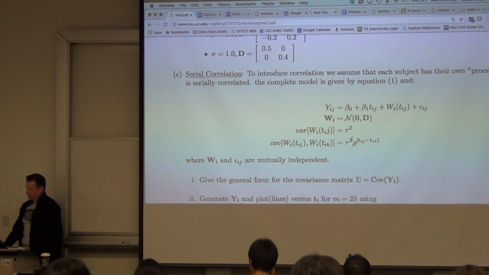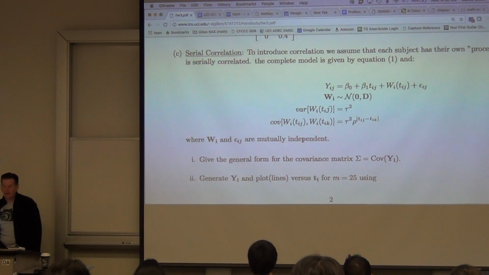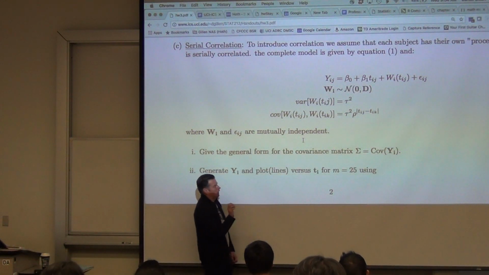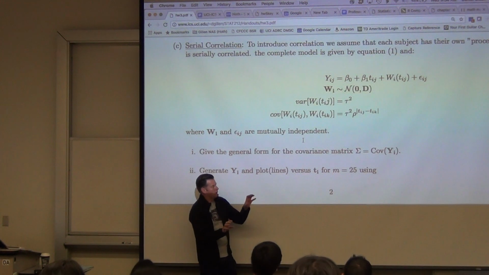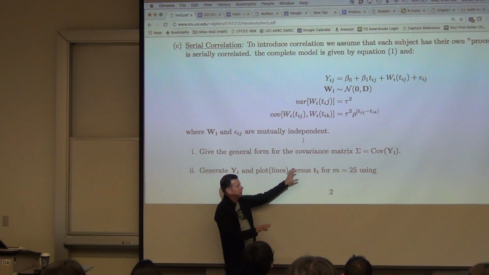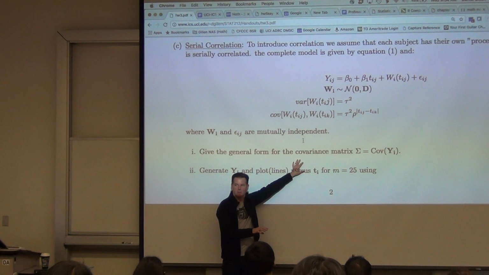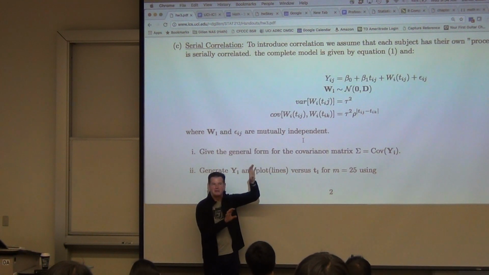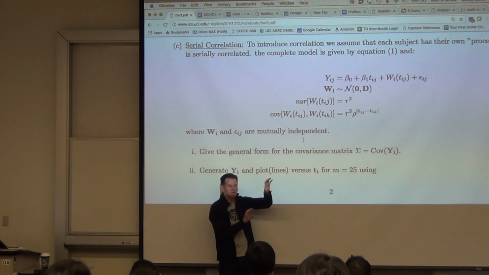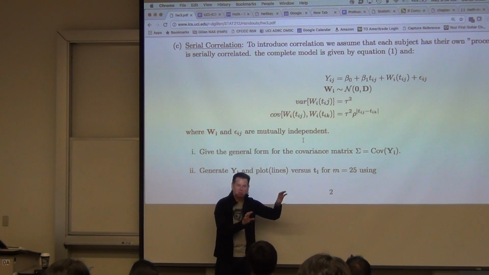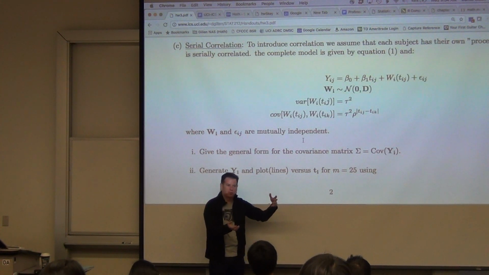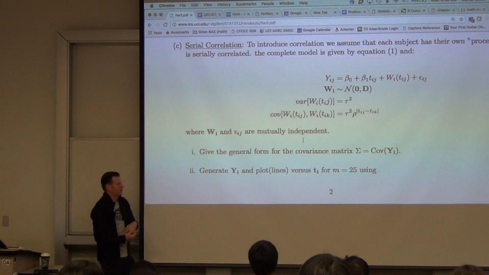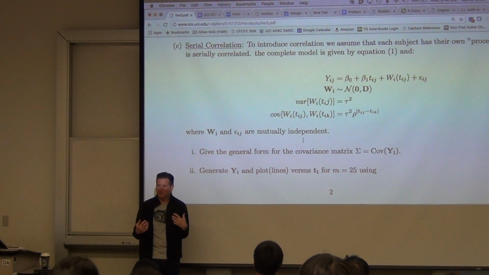So I'm then going to have you guys generate data from that continuous AR process, and again, plot that out and visualize it. And the thing that I want you guys to really pay some attention to is, can you distinguish this particular serial process from, say, the random slope and intercept process? When you start looking at these pictures, okay? And you're going to realize how hard our job is going to be for EDA for the correlation structure very, very quickly, okay? Not to give away too much of the punchline, but sure, I'll just give it away. It's going to be pretty hard to distinguish between the two of those things.